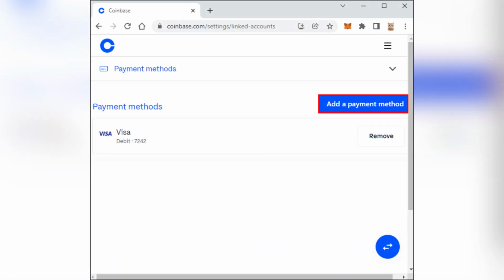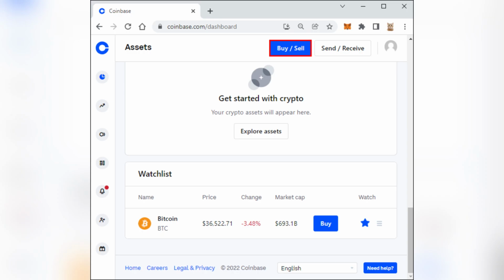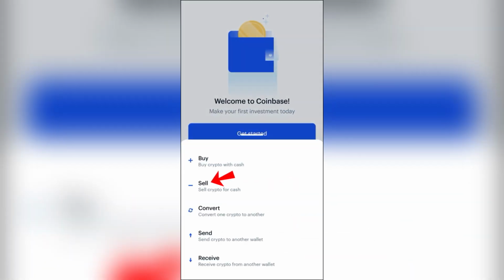You'll need to specify how much of your cryptocurrency you'd like to convert into fiat currency, like USD dollars, euros, etc. When asked for a destination for your funds, select your bank account. If you haven't linked a bank account yet, you'll need to add one first by following the instructions provided on